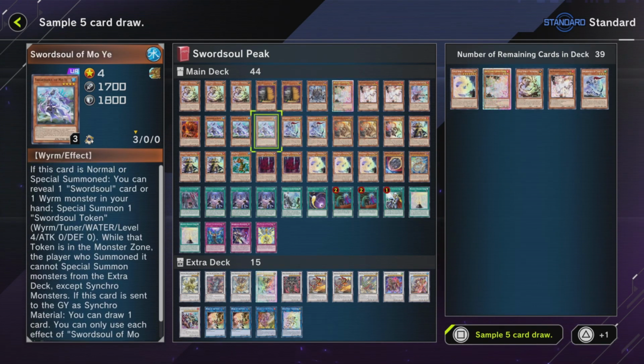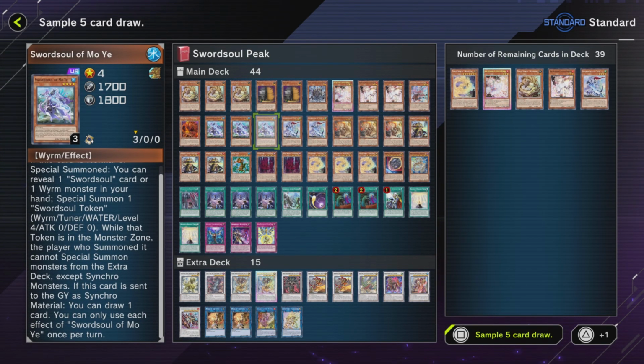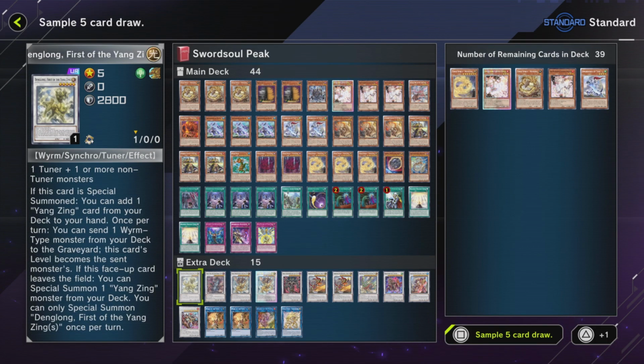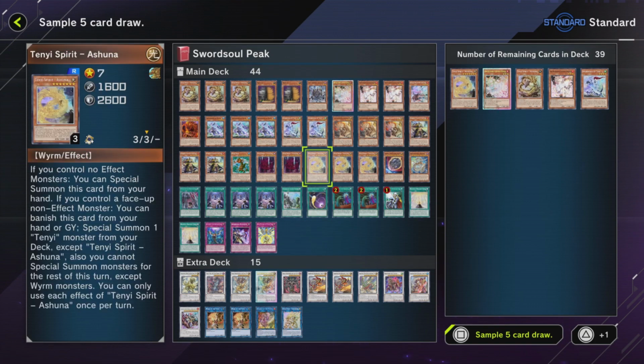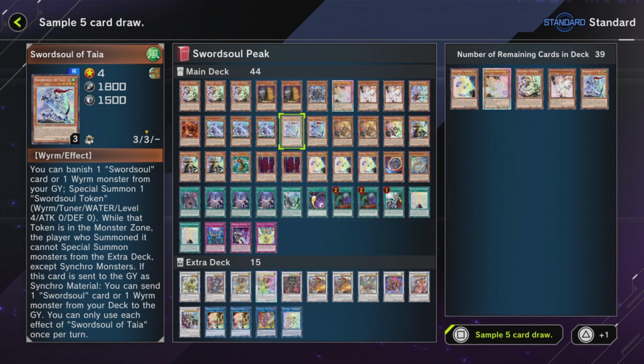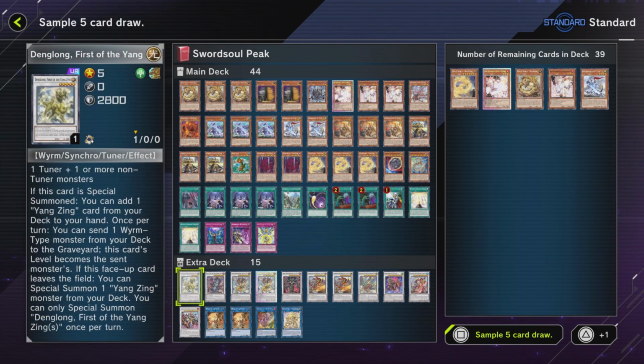Taya on Synchro Summon for the Yazi should pretty much send Mo Yi here to the graveyard, so that is in rotation for the Boxia, because we're not sending it into rotation off of the Denglong, because you could do the inverse. You could do Denglong send either Mo Yi and then Taya send Ashina, or you could do Taya send Moyi and Denglong send Ashina. It depends on how you want to approach making your field,